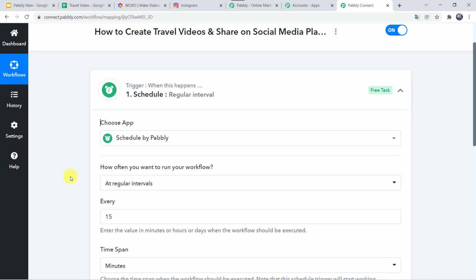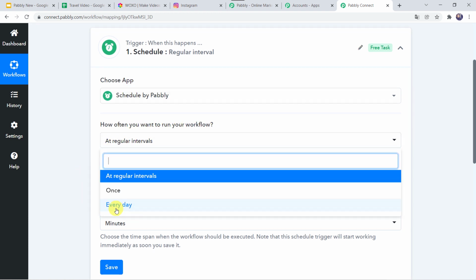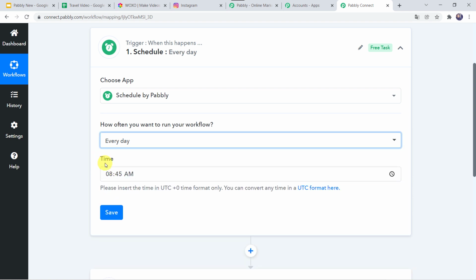So we are scheduling the post. Okay. Now how often you want to run your workflow? So we want the workflow to run every day. So select every day. Now here we have to select the time at which you want the post to